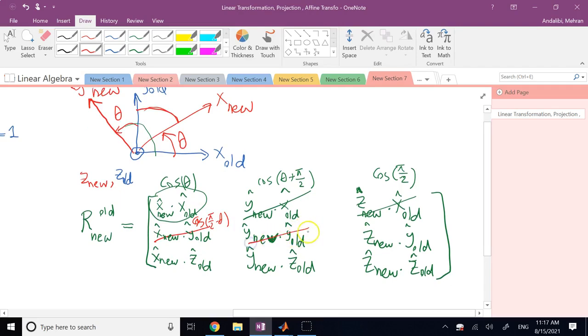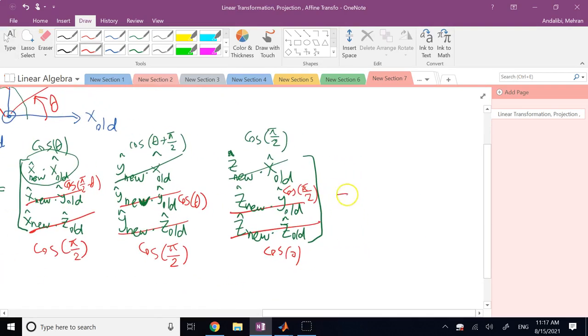Between y new and y old is again theta. Between z new and y old, it is pi over 2, because z new is perpendicular to x old and y old. Between z new and z old, they are on top of each other, so it's cosine of 0 degrees. Between y new and z old, again, is pi over 2, and similarly between x new and z old, it's also pi over 2, because they are perpendicular to each other. So if you simplify this whole thing, you will get cosine of theta,